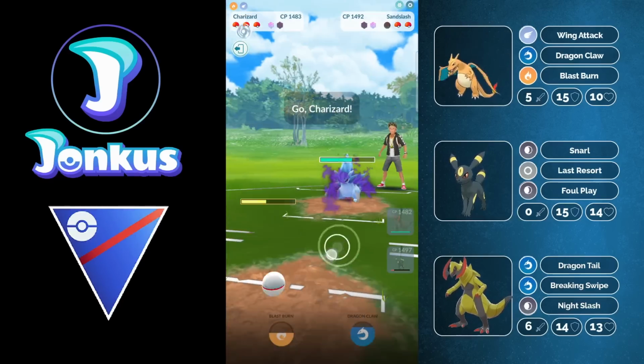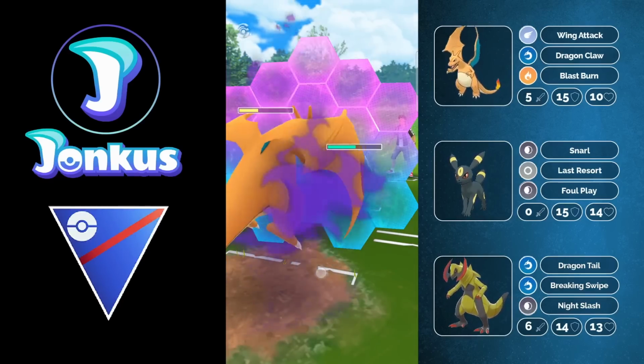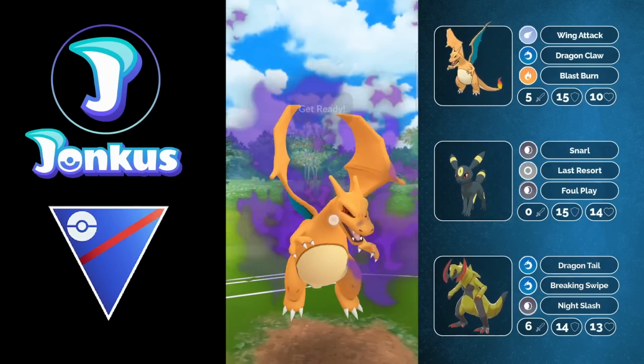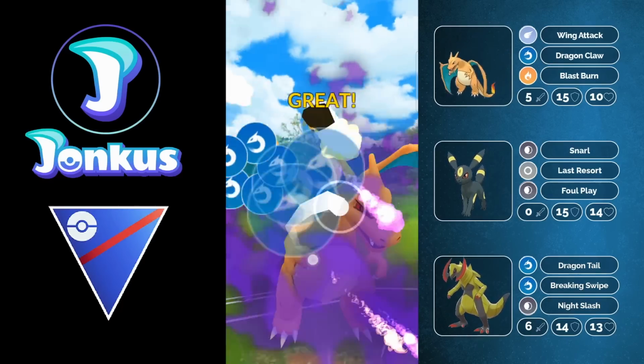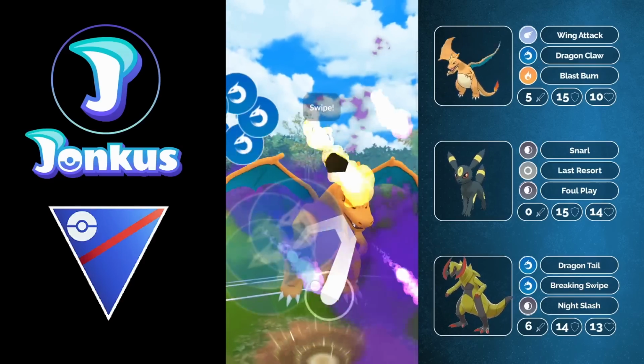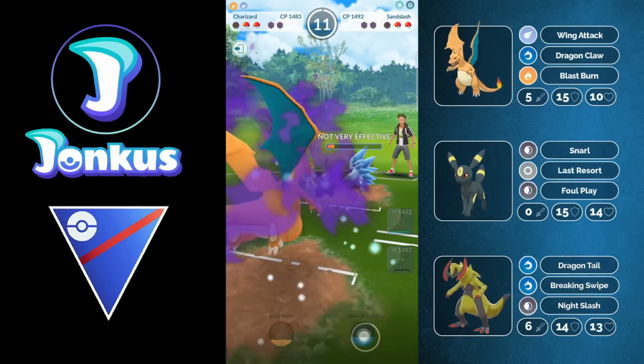So as we're going to see now in this match, we're going to go into our Charizard. We have to try to bait the opponent here, so that we can maybe go for one Dragon Claw first and then go for the Blast Burn in order to knock them out. They're going to shield up the first move. I have to go for another charge move here. I might have actually been able to even knock them out without it,